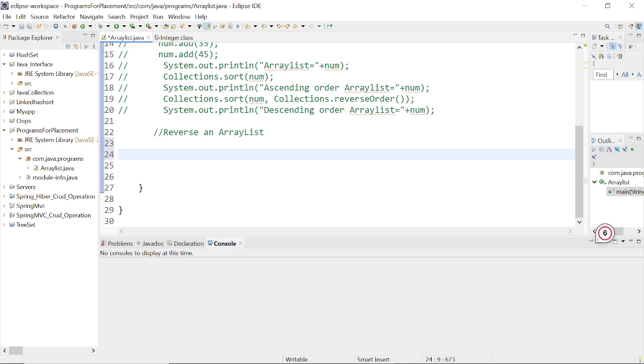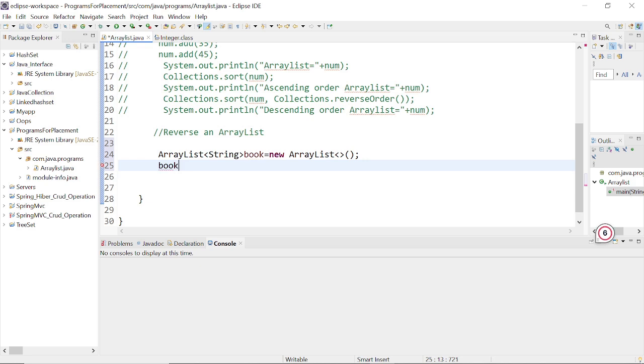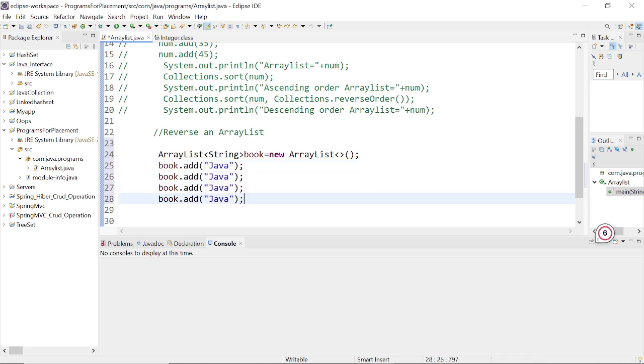So the next program is reverse an array list. For that I create a new array list. Here I create an array list of string type, and I have to create an array list of book type. So I create a book array list, and using the new keyword I create a new array list. Okay, and using the add method I added some books to the array list. So firstly I add book Java, and I copy this and print. Okay, and change book name to C